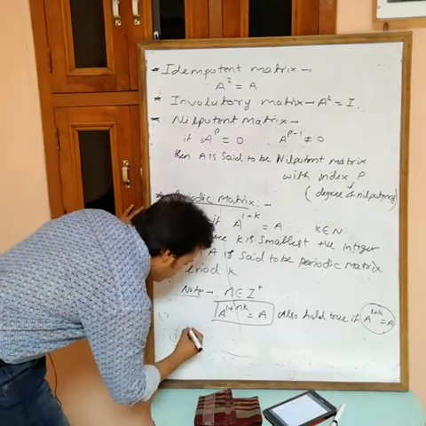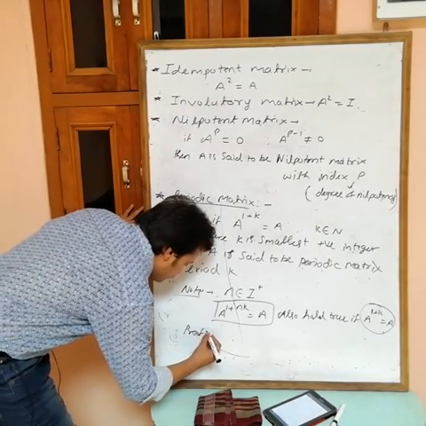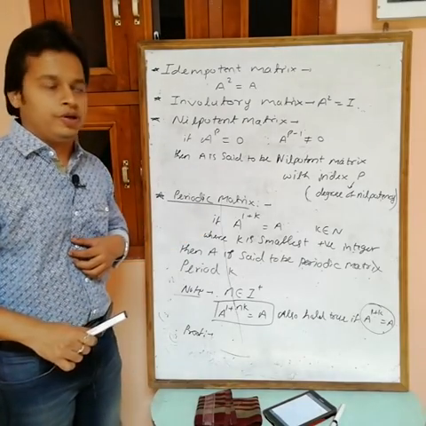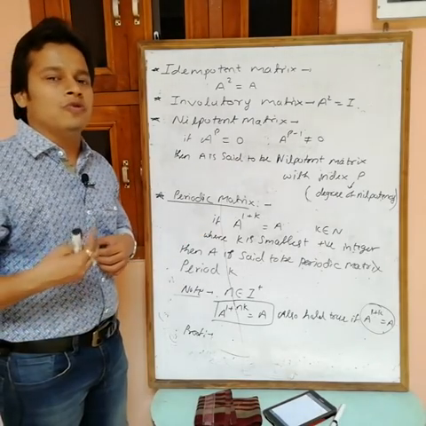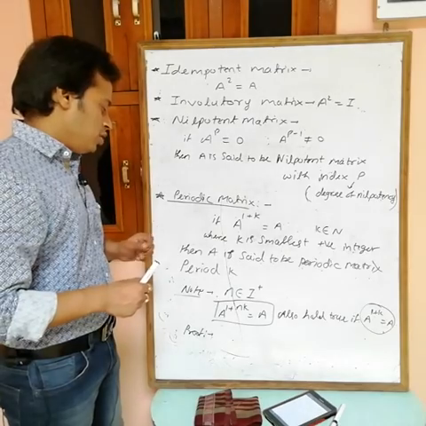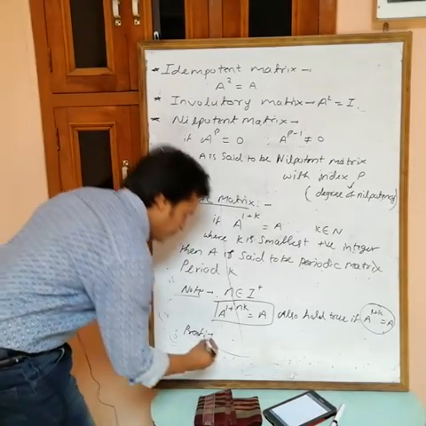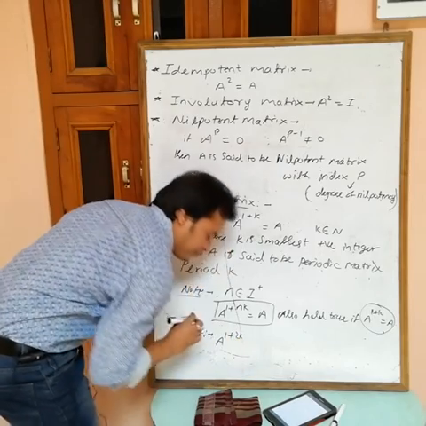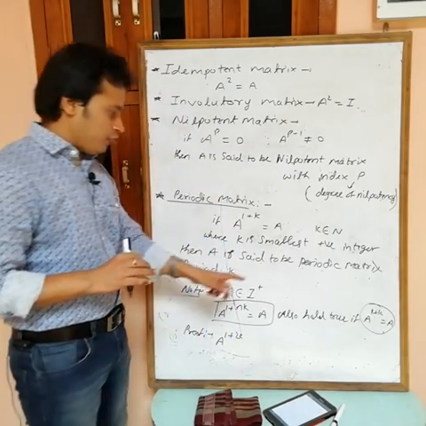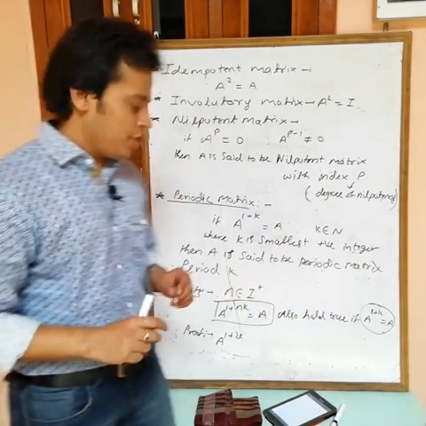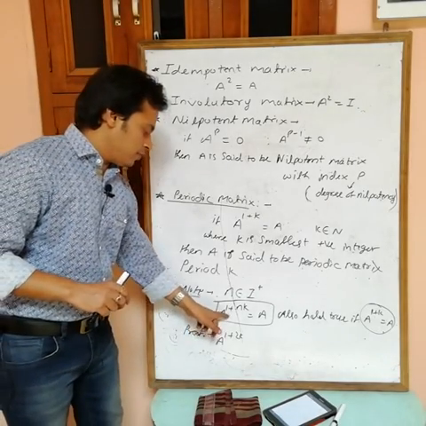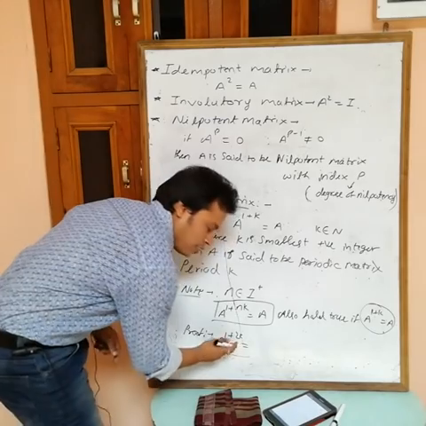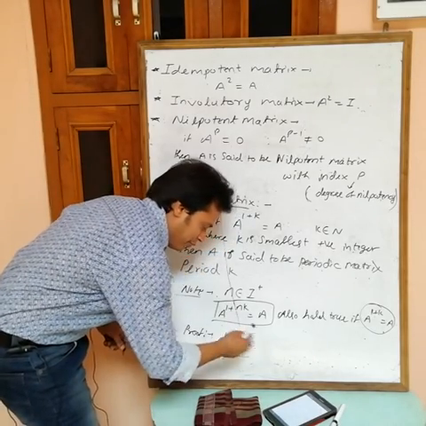If you want a proof, then choose any value of n. I just want to prove it using an example. So I am taking n equals 2, so 1 plus 2k. Now I want to prove that if A power 1 plus k equals A, then A power 1 plus nk is also equal to A. It means this also equals A. You can also take 3k, 4k, 5k, it doesn't matter, but it becomes lengthy.